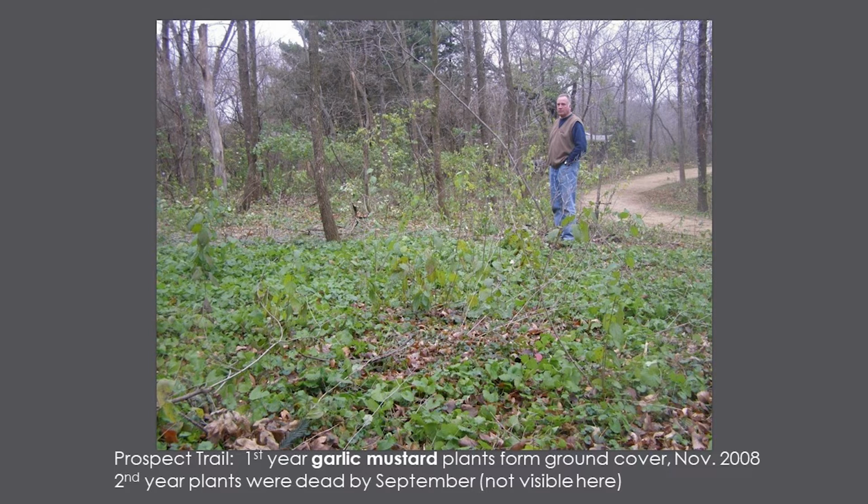But this is a ground cover of garlic mustard. It's hard to see, but right here there's some tan-colored little seed tops. So the garlic mustard was really tall in this nice opening, had a party and distributed gazillions of seeds. It means there's going to be a big future of garlic mustard coming up in that spot.